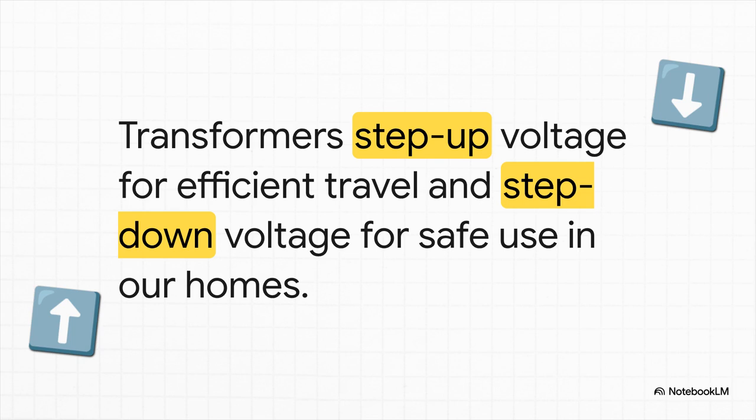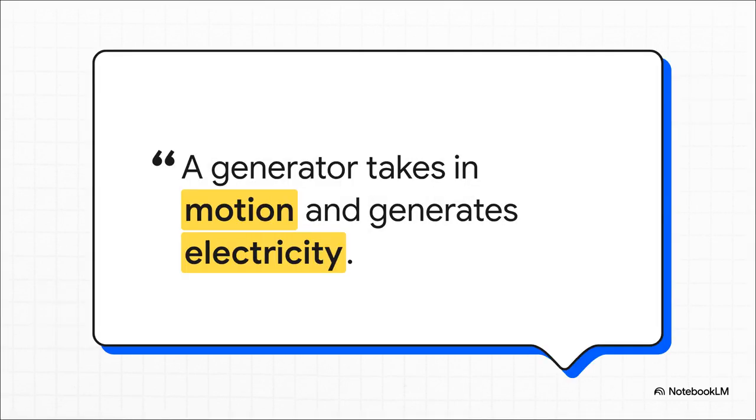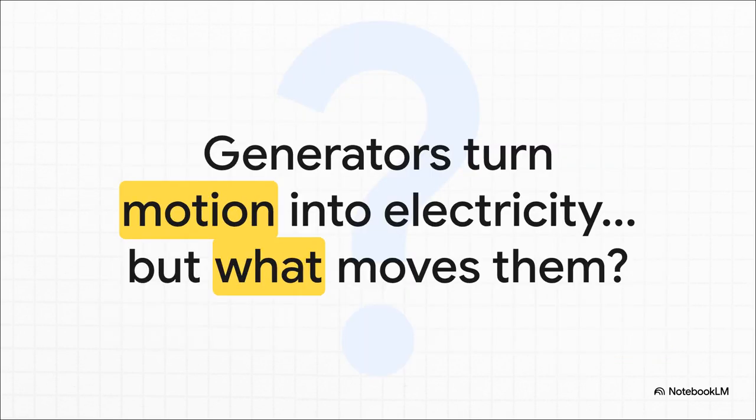Then, right near your house, a step-down transformer brings that voltage back to a safe level for you to plug in your toaster. So, when you boil it all down, it comes back to this one simple, elegant idea. A generator takes in motion and generates electricity. And there you have it. That's the heart of our entire energy grid. The generator is that critical link, the machine that turns mechanical energy into the electrical energy that powers our civilization,